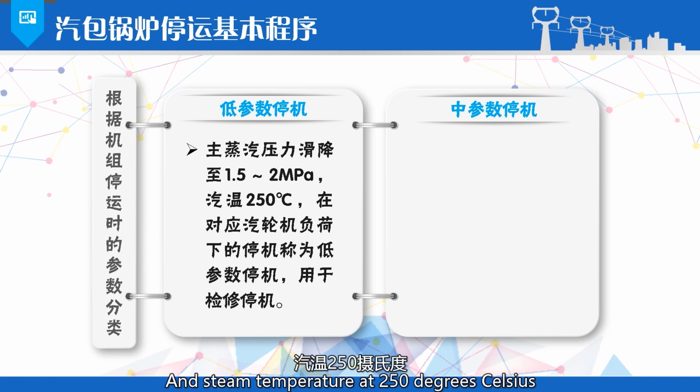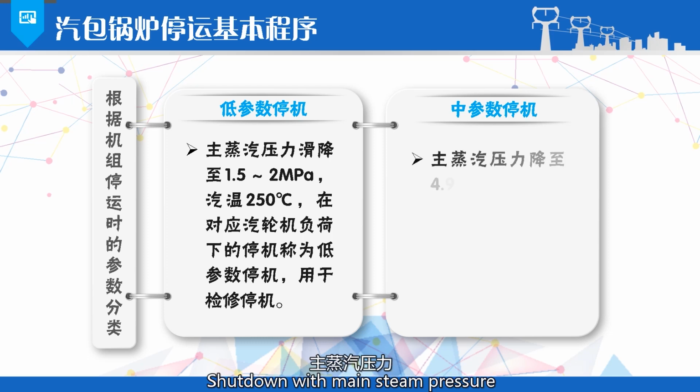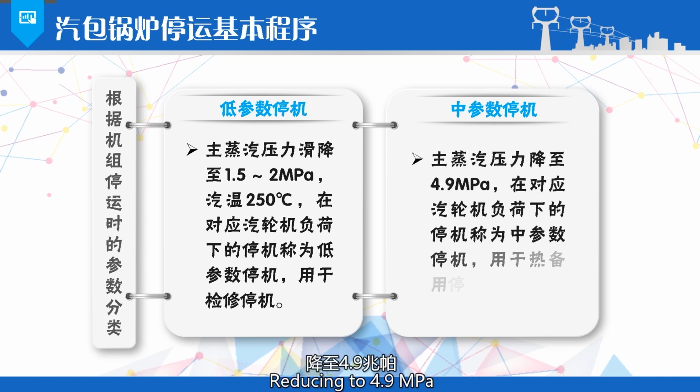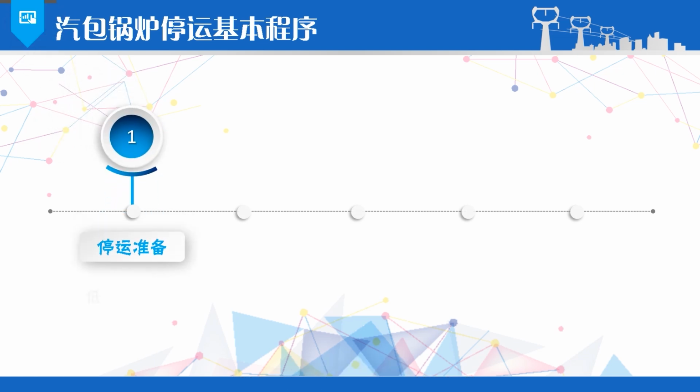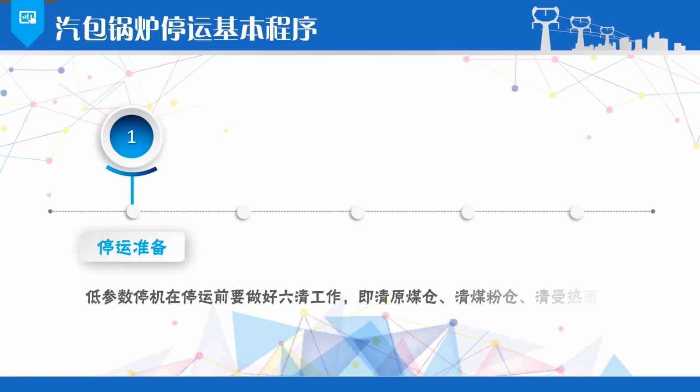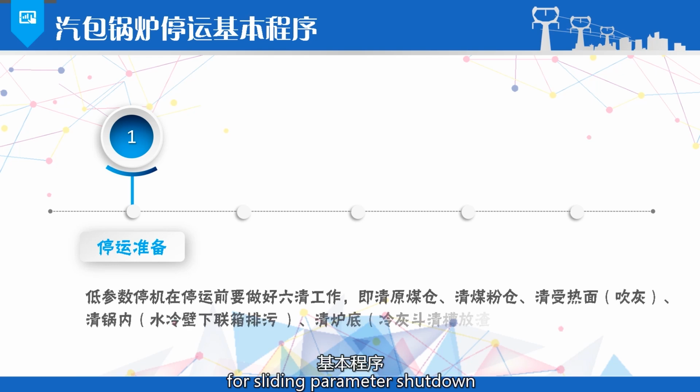250 degrees Celsius, with the corresponding turbine load, is called lower parameter shutdown, used for maintenance shutdown. Shutdown with main steam pressure reducing to 4.9 megapascals at the corresponding turbine load is called medium parameter shutdown, used for hot standby shutdown. The basic procedures for sliding parameter shutdown can be